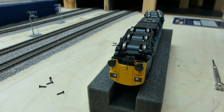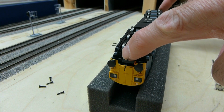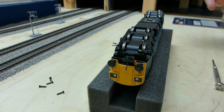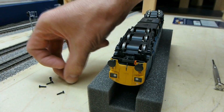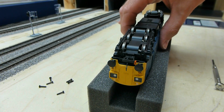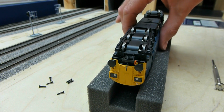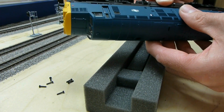That's all 6 of the screws now removed. It differs slightly from the class 47 from Bachmann in that the 2 screws that hold the nose area on are chrome finished silver. In this case, all 6 screws on the 37 are the black kind of Japan finish. Taking the body off on the 37 is easy. There are no clips around the windows and cab doors. Simple case of easing it off,